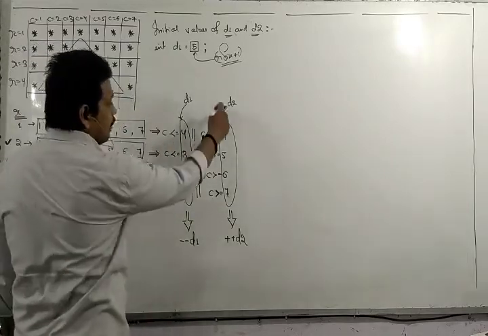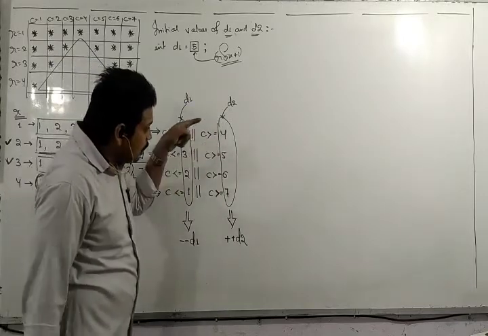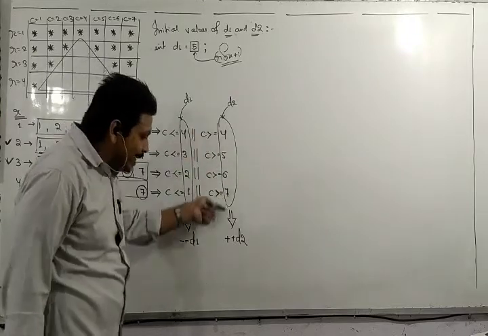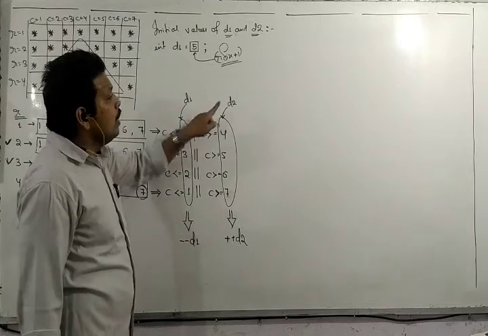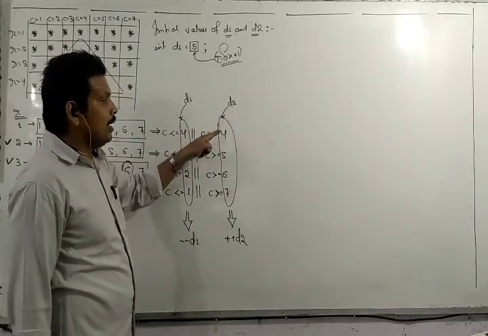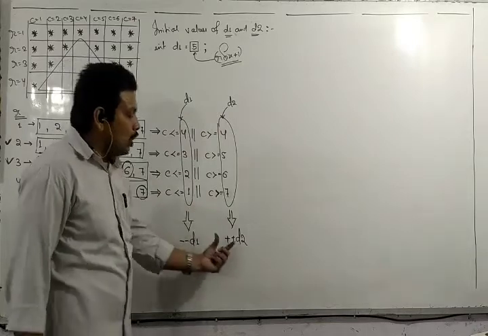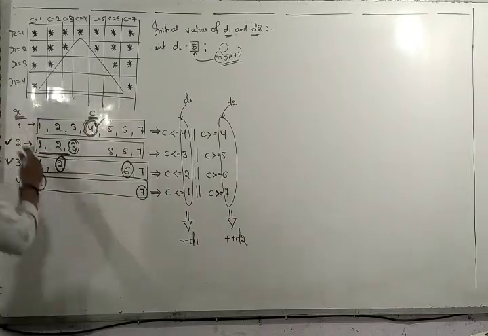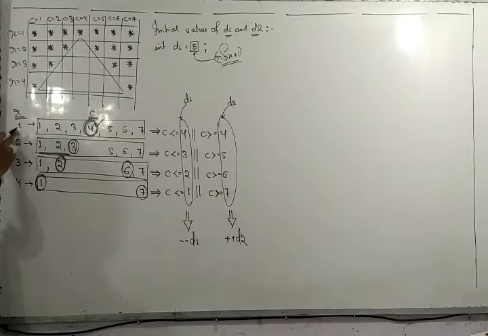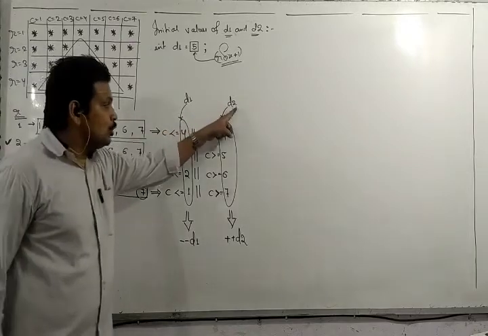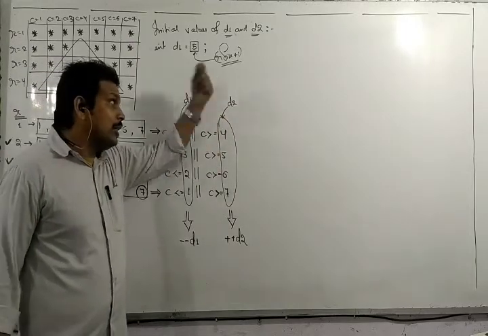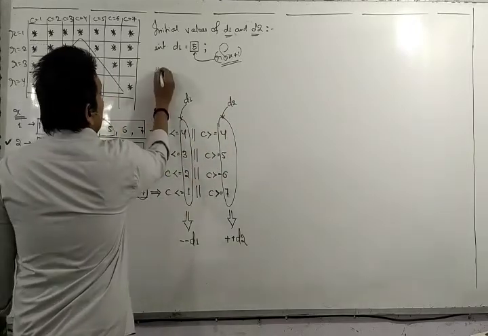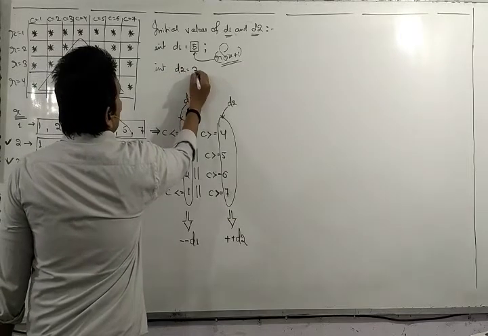Then what should be the initial value of d2? So apply your common sense. Look at the values. 4, then after 4 it is 5, then 6, then 7. I mean it is incrementing. If d2's values are increasing by one each time, and where will we write plus d2? Just after the for loop, that is, the first time when the value of r will be 1, at that time we need d2's value to be 4. So what should be the initial value? It should be 3. So 3 will get incremented to 4.